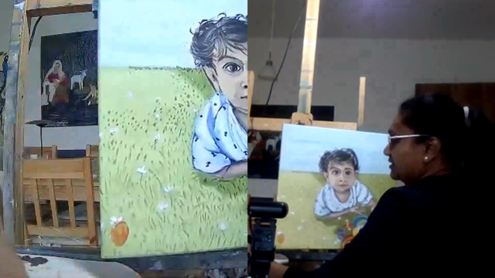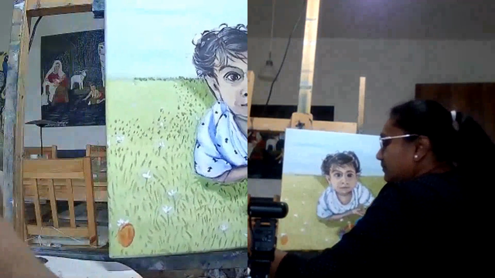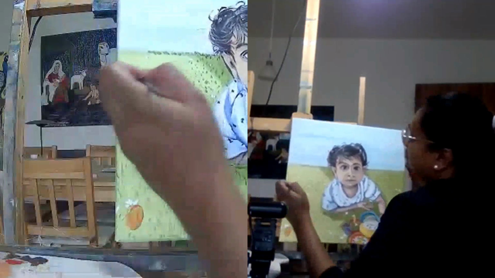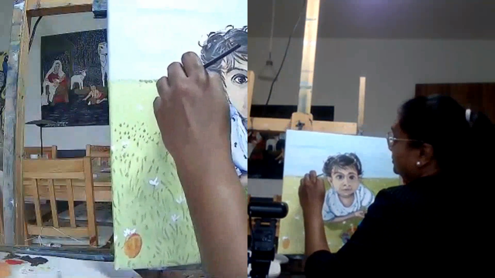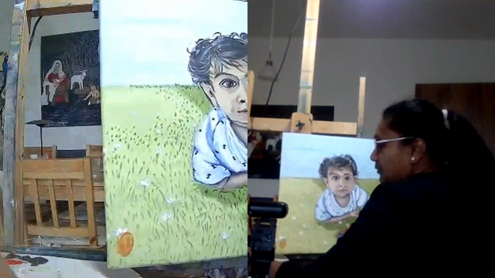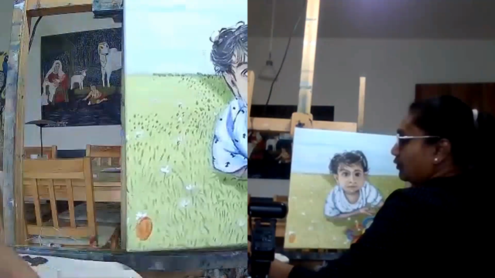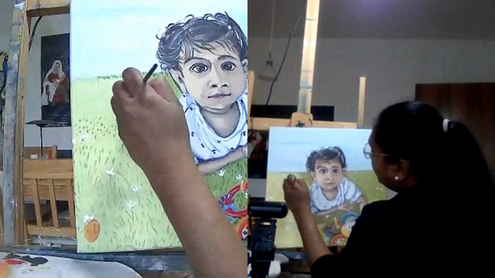If it's getting patchy, it's also time for you to wipe off the brush, or take a fresh brush if you think you need a fresh brush to use. It's also a good idea. But for now, for me, it is getting patchy, but I'm able to roll it on the palette and make it fine.